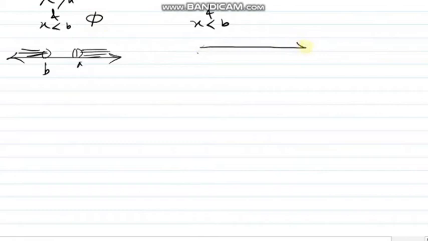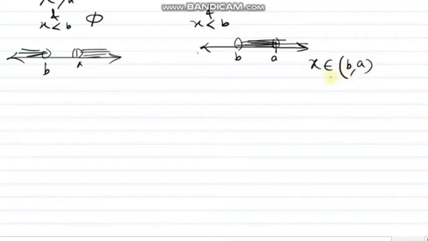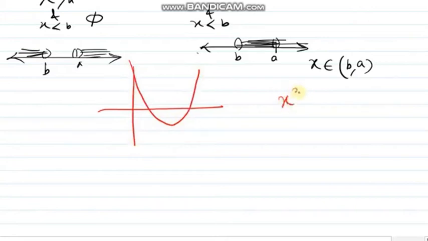For the second one, it is x less than a and x greater than b. So what's the common part? That's in between. So x belongs to the open interval (b, a). Open interval was already discussed in the set video, please do check that video. So x belongs to (b, a). Now if I refer to that graph, if I just go back, whatever I have drawn in the graph, just check. The question was x square minus 3x plus 2. So it can be written as (x minus 2) into (x minus 1).